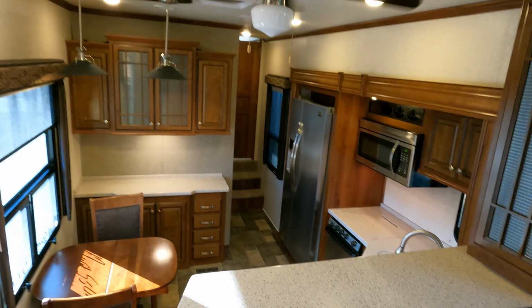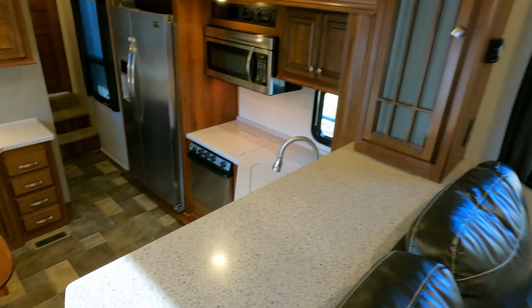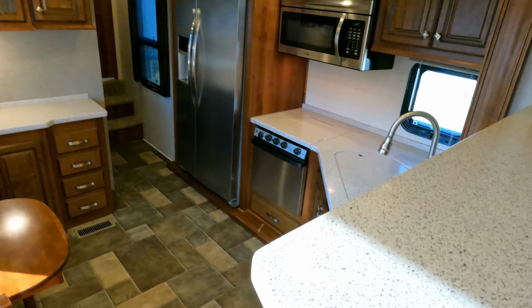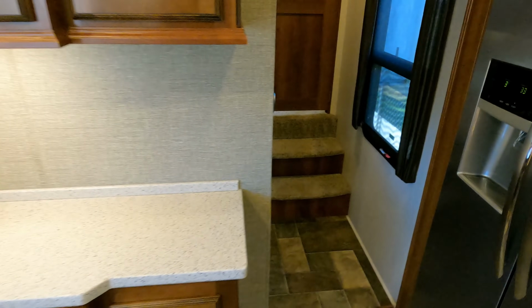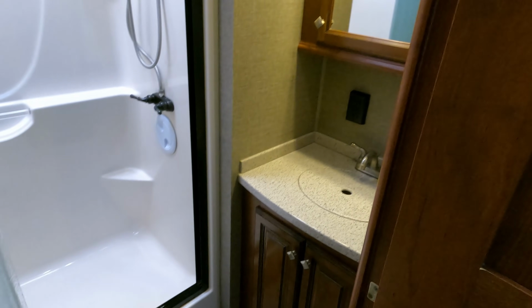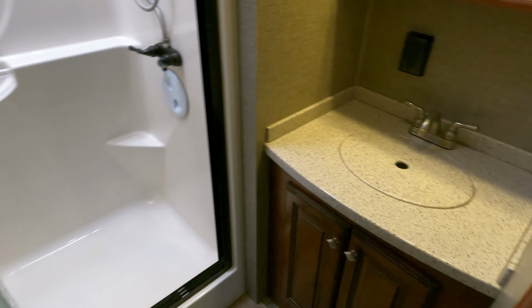Residential ceiling fan. Again, solid surface countertops, beautiful cabinetry. I can't find a worn spot or a damaged spot on it anywhere. This thing's beautiful, guys. I mean, honestly, this is as close as you're going to get to buying a brand new one while still buying a used one, and definitely going to save you about half price with 2022 prices, and then waiting several months to get it. This is a large